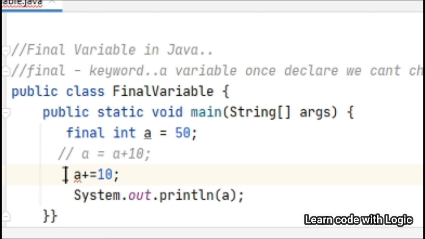So this means once a variable is created, you cannot assign the value again. Suppose you don't want to change the value even in future, that time we are going to use a method or a variable for anything. We are adding this keyword.